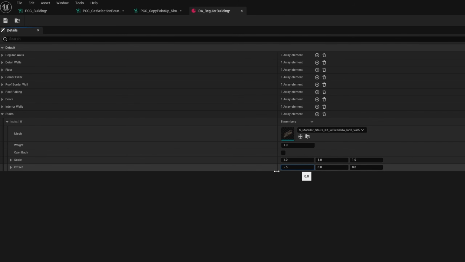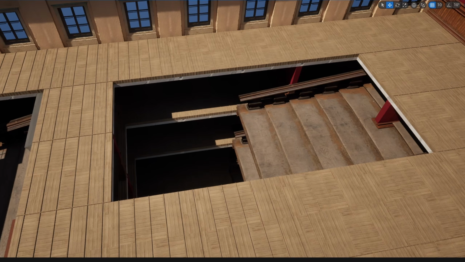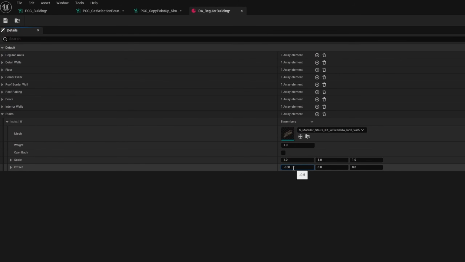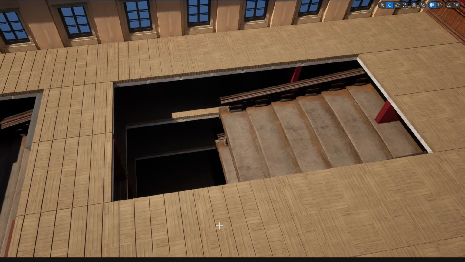Well, here's the thing. This is right now an absolute transform. I modify it by half, but it effectively hasn't moved. If I modify this by 100 in negative, then we're getting it to be slightly moving. But we don't want to guess on this value. It'd be much better if the offsets were also relative to the size of the mesh. Because when we scale things between our modules, the offset's going to need to be different. And if we want to always have it be offset by half, so that way it's procedural, then we need